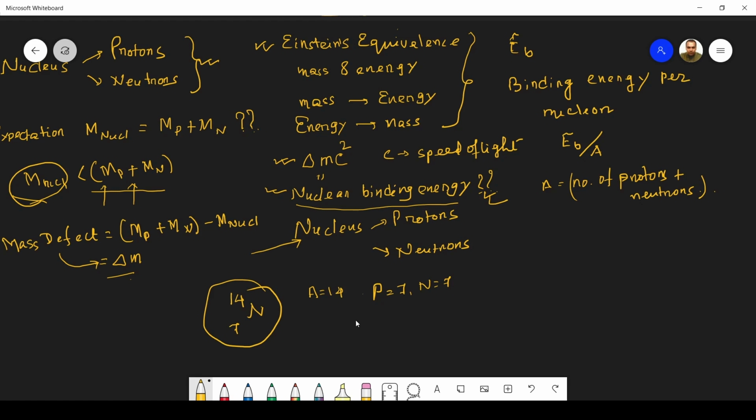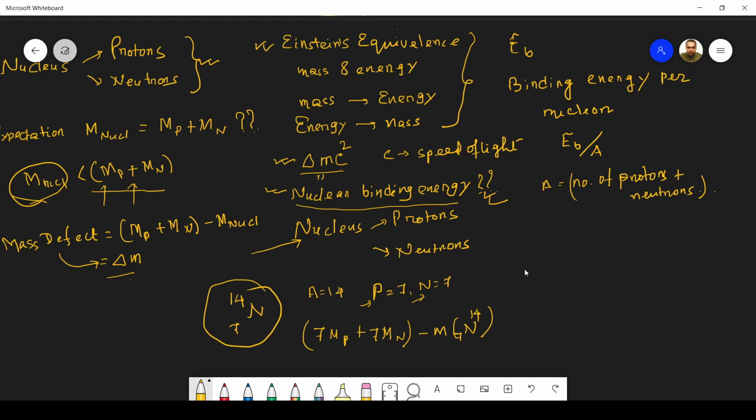I'll not go into the details of the calculation. You have to consider the mass of each proton and the mass of each neutron: 7 multiplied by the mass of the protons, 7 multiplied by the mass of the neutrons, minus the mass of nitrogen 14, that you have to subtract. You will get some difference in mass, and if you use this formula delta m c square to calculate the nuclear binding energy, we will find that the nuclear binding energy of nitrogen 14 is almost equal to